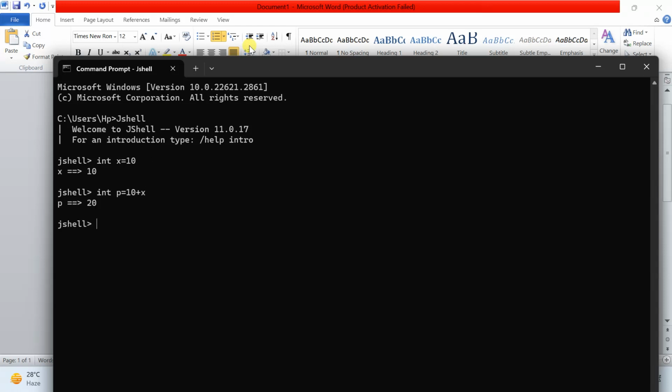So now b has been assigned 20. I am not writing the complete code. I am just giving a simple statement, and even if it is not terminated with a semicolon, everything is taken care of internally. So now, if I am using System.out.println